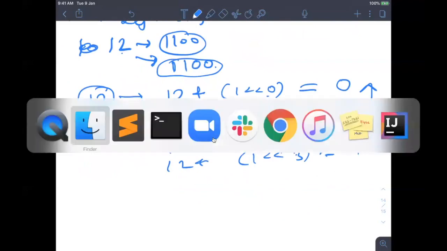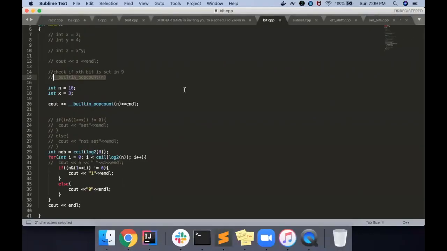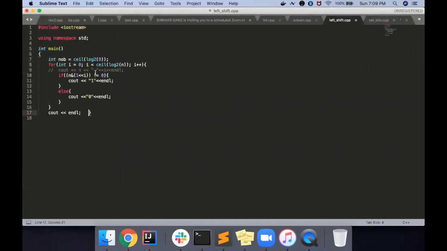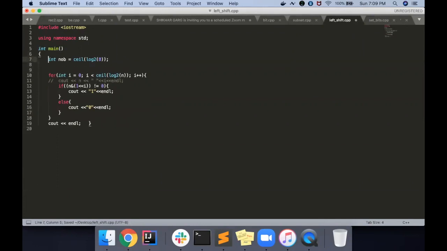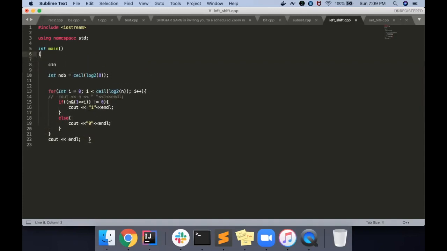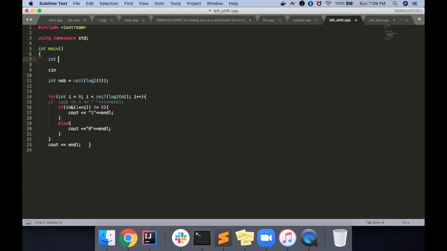I wrote the code once, I think I don't need to write it again. Yeah, let's just use this code, I'll explain what it is. We are running out of time, that's why I'm using the same code.